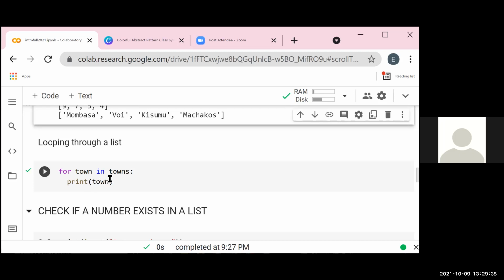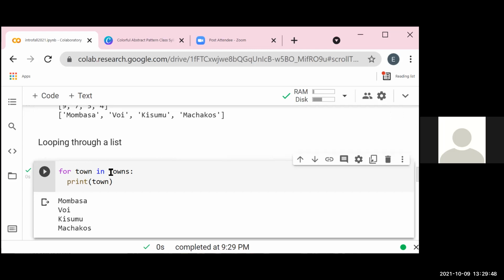So for name in town, you can use this code and print it out. And one interesting thing that you can do now, remember we talked about concatenation. So we can actually concatenate this.